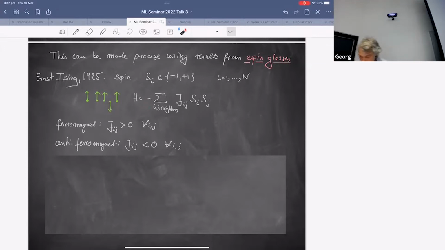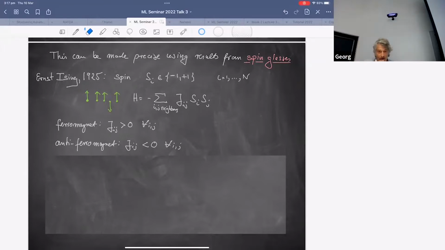Actually, Ising, this is just a historical note. Ising was very disappointed because he couldn't find a phase transition in 1D. So he thought, okay, that model doesn't work. But later on, it was shown that you can get phase transitions in higher dimensions. In one dimension, there's not enough interaction to combat entropy increase, so you can't do that.